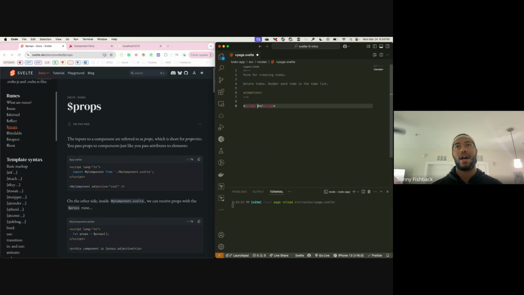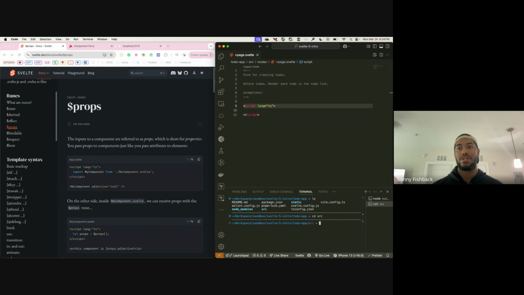So we're going to do script, and I'm doing TypeScript. So I got to declare that there. It's TS, and then I'm going to make a to-do, and I need a form. So let's do this. Let's go into the to-do app. Let's go into source. That's where your source code is. Let's go into lib. This is a SvelteKit thing. I'm going to make a directory called